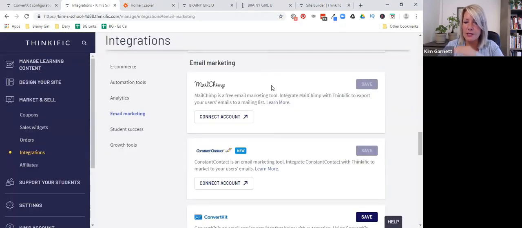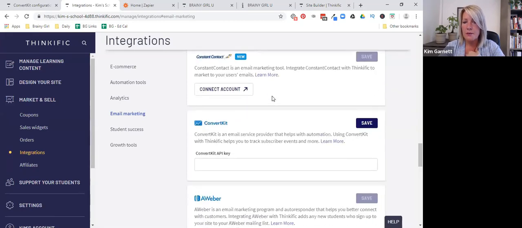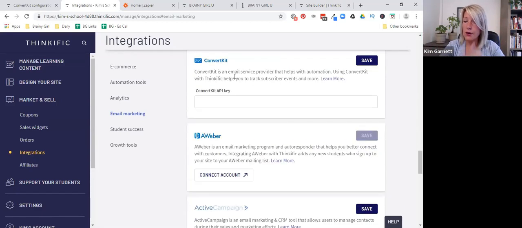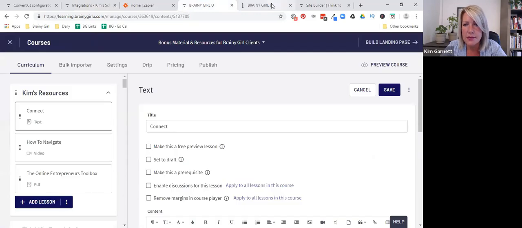Okay, so let's talk about the other integrations in Thinkific that, in my opinion, are far superior options because they natively integrate and you don't need an external tool like Zapier. ConvertKit is one of them. ConvertKit is a great ESP. Their customer service, in my opinion, is sorely lacking at this point, but it's a good, manageable system and it integrates seamlessly with Thinkific. So let me just see if,